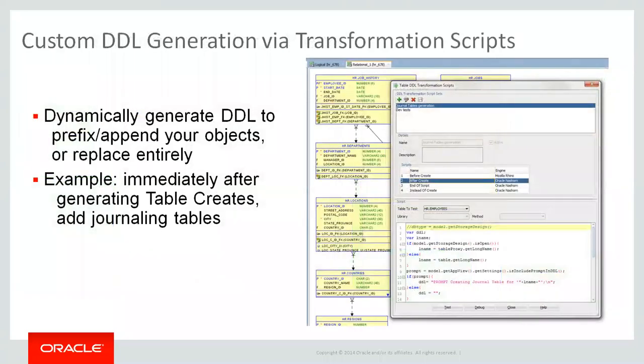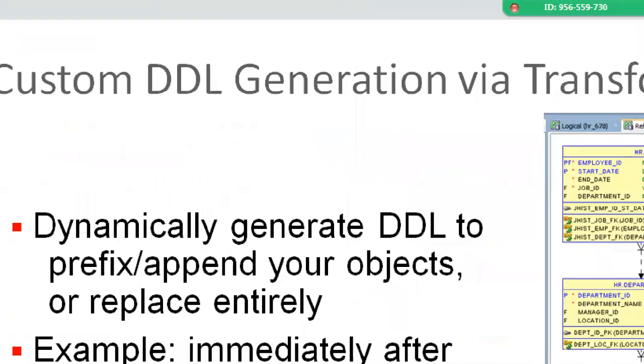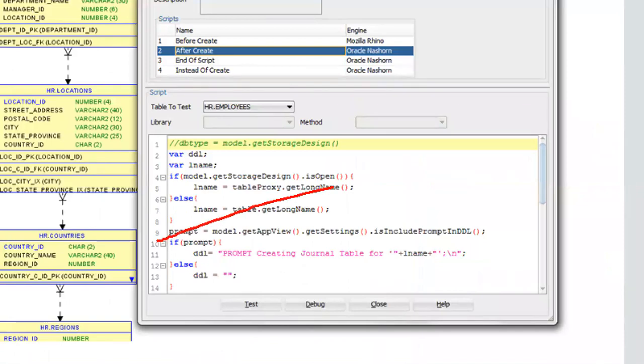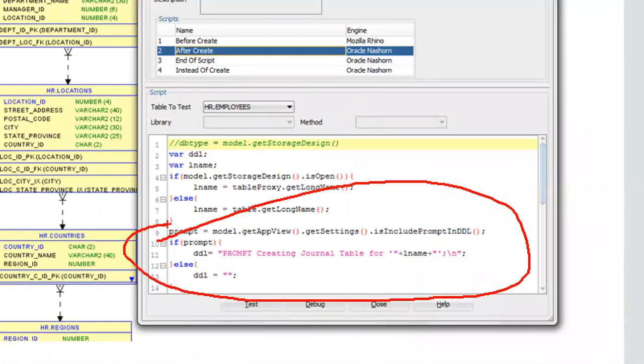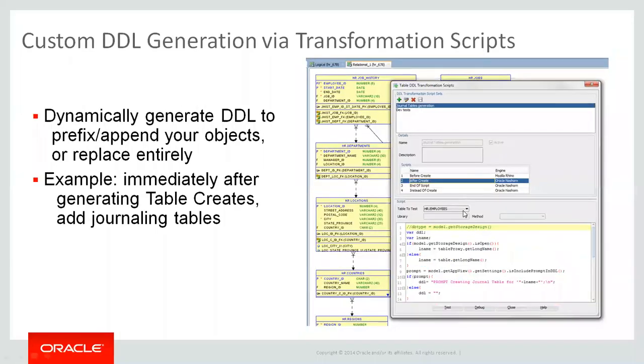We've got support for custom DDL generation for your objects. So you can say after these tables are created, automatically generate this DDL. And as an example, we now support journal tables. So if you want to add a record to a table every time someone adds or changes or deletes a record in a table, you don't have to spend time designing the journal tables. We can just build those for you automatically. That's the example, but you can add